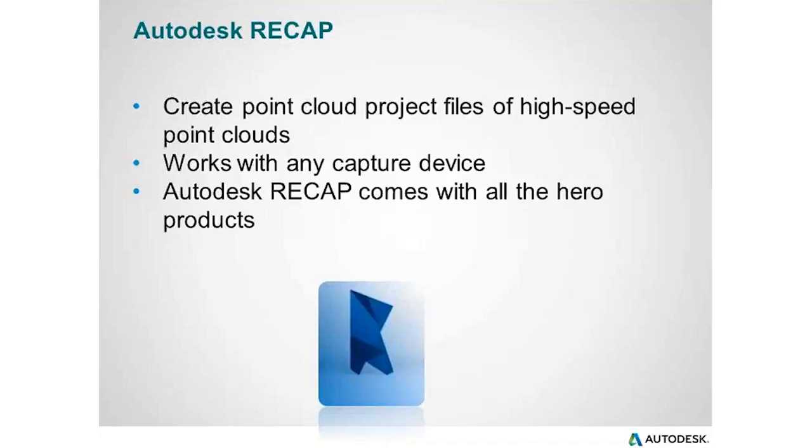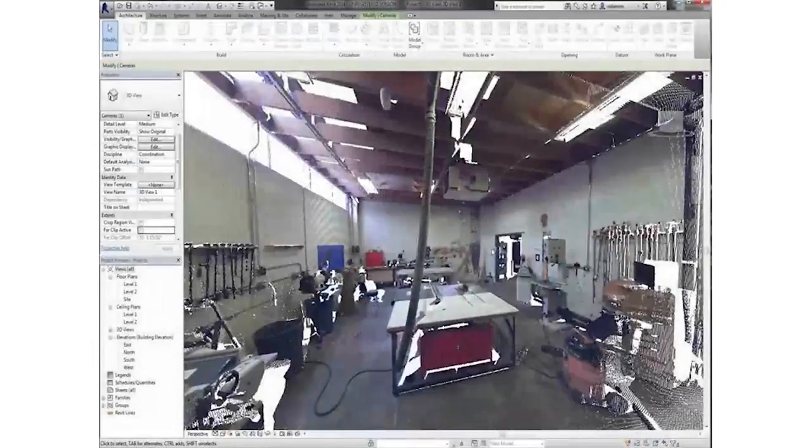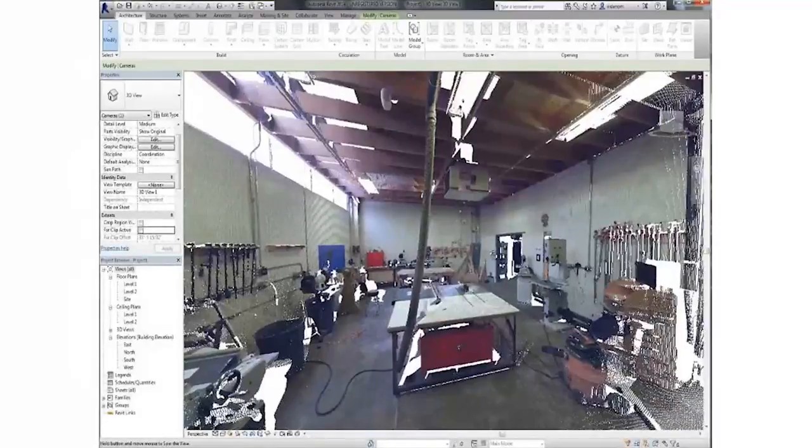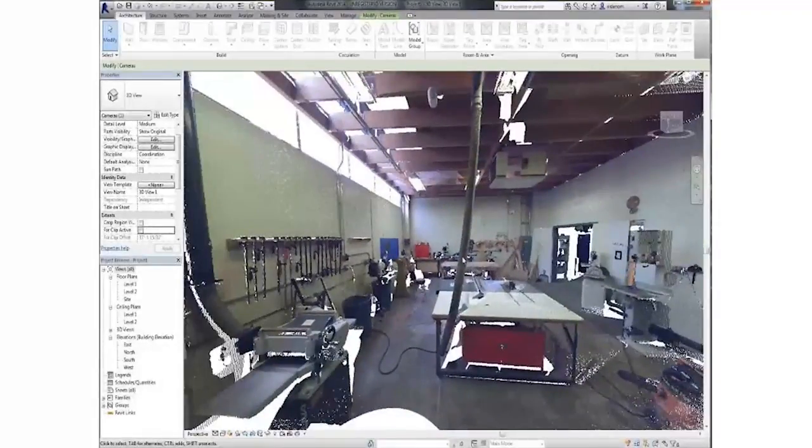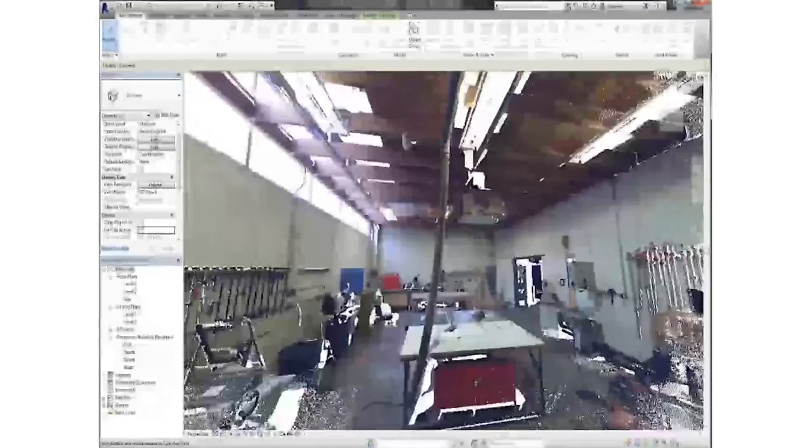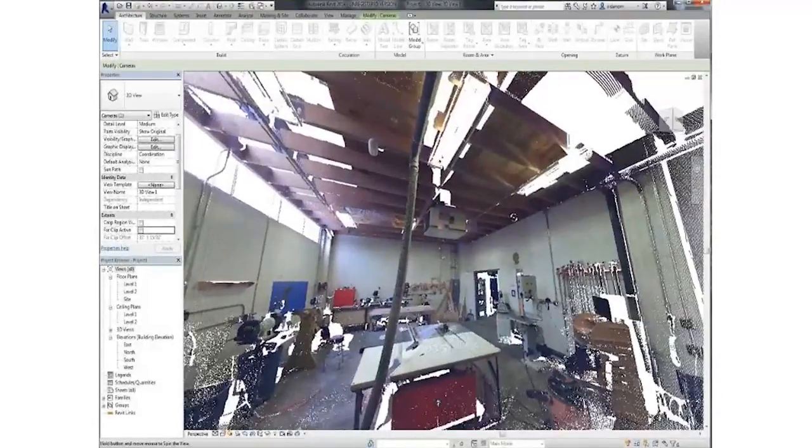And point clouds, because they contain so many points, can really slow you down, billions of points. You can only imagine if you just bring billions of points into Revit that you're definitely going to go slower. So Recap goes in there, straightens them all out, streamlines them, makes them smaller, makes them easier to work with. And this is an example of a tech shop that we have in San Francisco. This is a point cloud, and we just want to make a couple of additions to the point cloud.